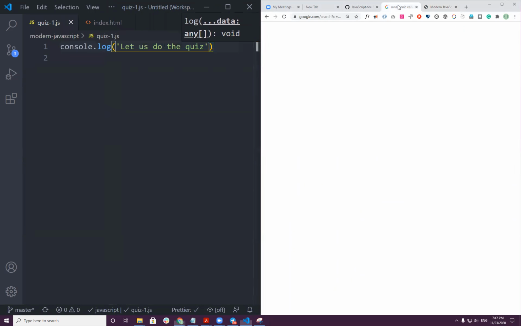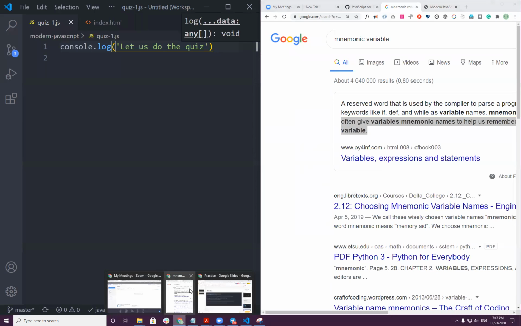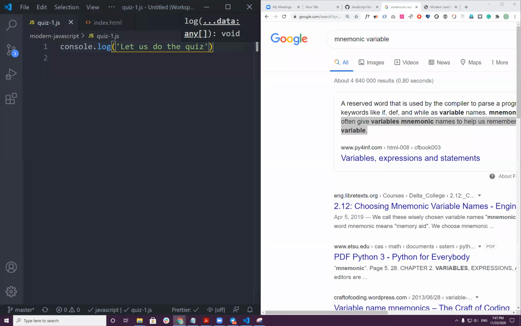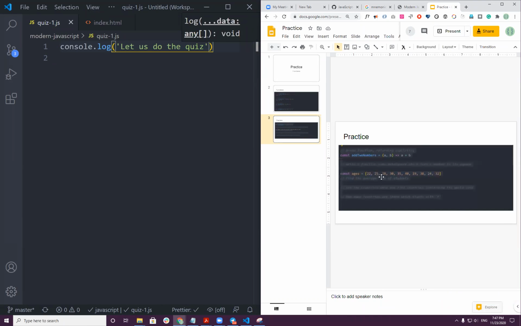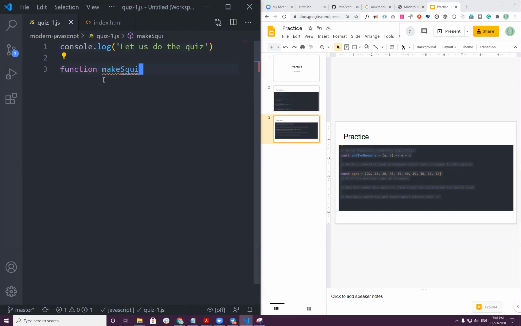And where is the requirement? Because this is the requirement, so I have to bring it here. The first question was, write a function named makeSquare, which turns a number to its square. So function and then makeSquare.